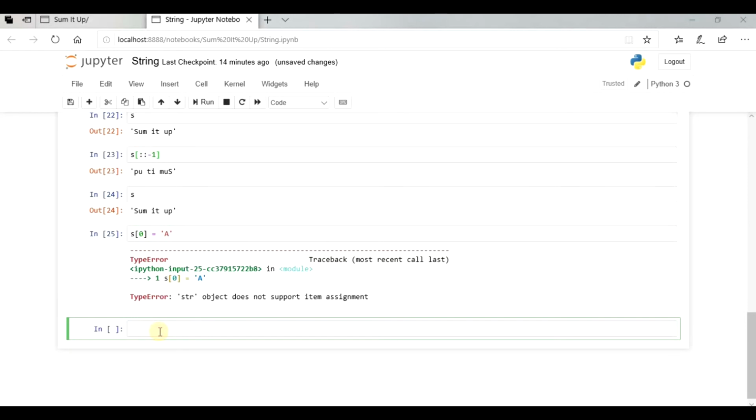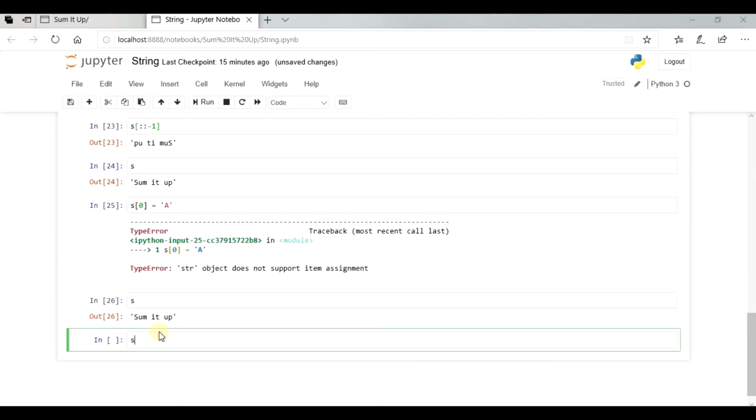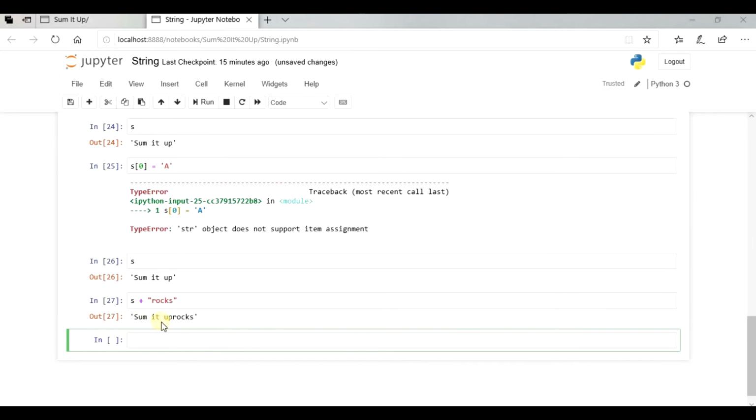But if you remember, I told you about concatenation of string. These are two different things. Concatenation is adding some other string to a string, which is possible, but you cannot change whatever is written inside the string. So what is our s? It is this, and if I do s plus " rocks" and hit shift enter, it will give you "sum it up rocks".